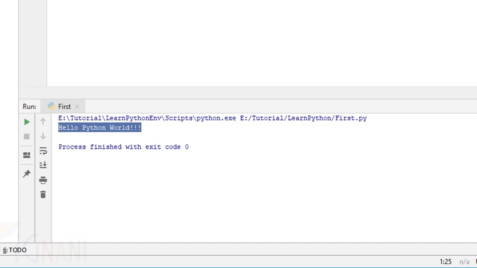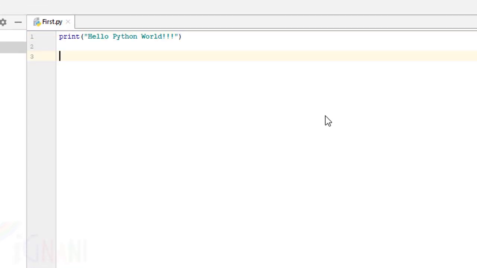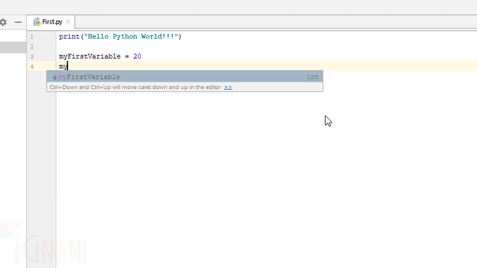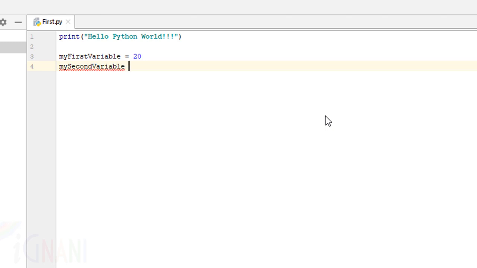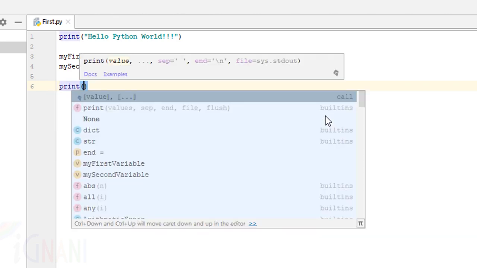Some of the other things that you can see while using Python is PyCharm helps me in code completion. What does that mean? I'm going to create a couple of variables. My first variable, I'm going to store 20 as a value in that. Create another one. I'm going to store 5 in this one. So if I want to add these two and print the values, it can be done like print and then